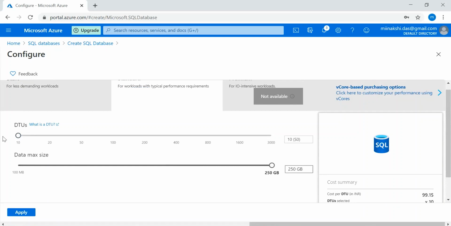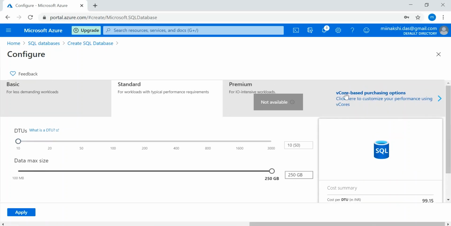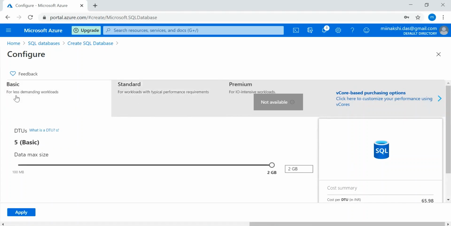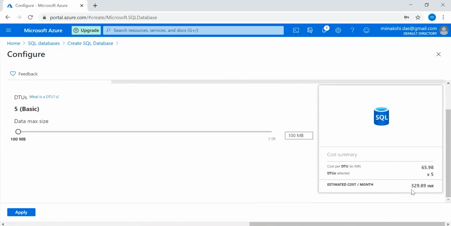DTU is the database processing capacity, and the database max size is the database size. So let me take the basic one, and the size also I will take the minimum for this demo purpose, and the cost it is applying for me is this much. So apply.